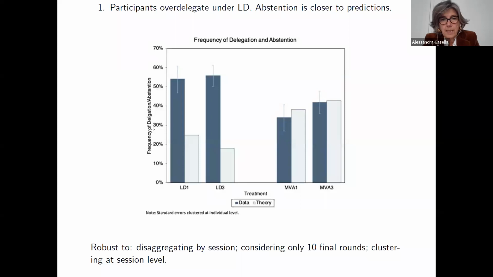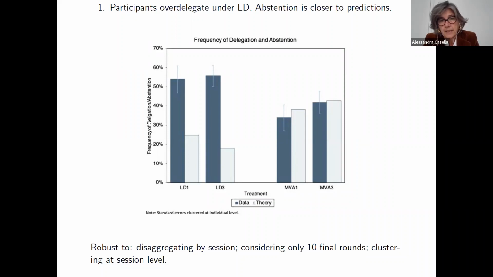And what you see is what seems to me not surprising, which is that people delegate massively. They delegate 2 to 3 times more than the theory says they should. So the frequency of delegation that the theory predicts are low, but if you look at the realized delegation are very high. As for abstention, on the other hand, the theory predicts a reasonably high frequency of abstention. That's the threshold moving up, that's the Q tilde moving up. And the experimental data show frequency of abstentions that are comparable to what the theory predicts.